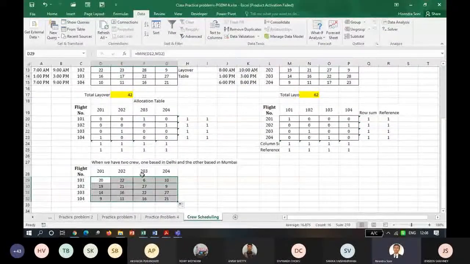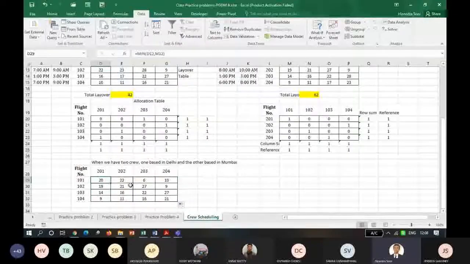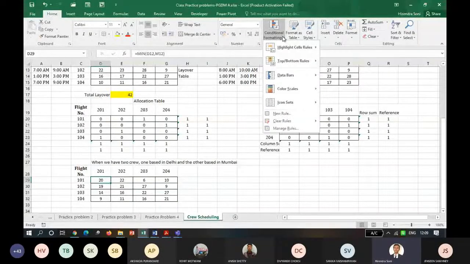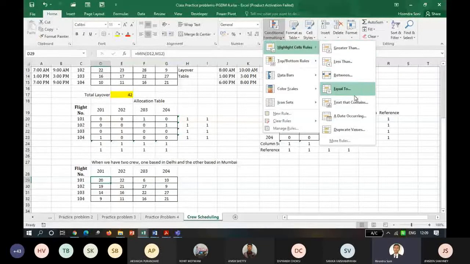अब यहाँ पर मुझे मालूम नहीं पड़ रहा है कि कौन सा कहाँ पर से वैल्यूज आ रही है. Okay, so what I can do is I can just highlight these cells differently. So I can use conditional formatting, highlight cells. Okay, if it is equal to, या फिर हम